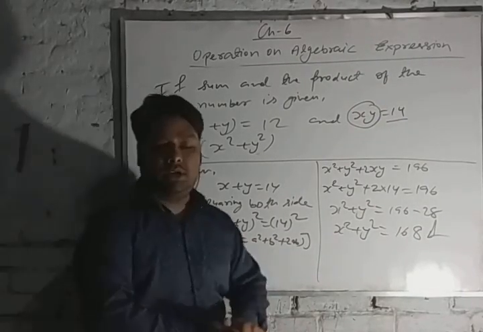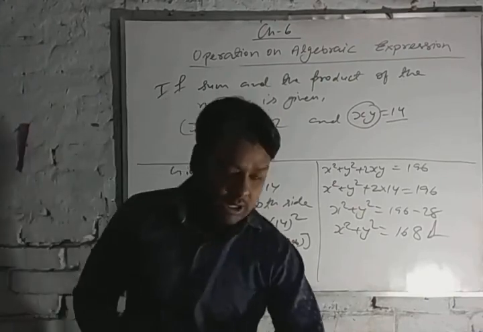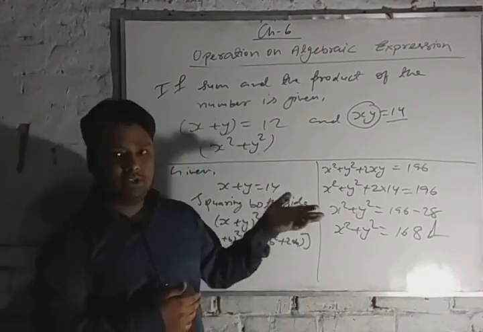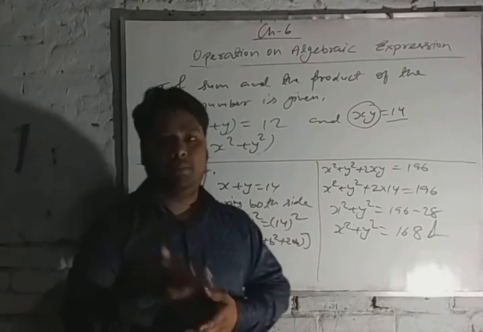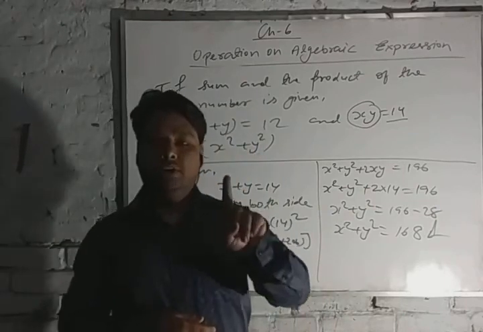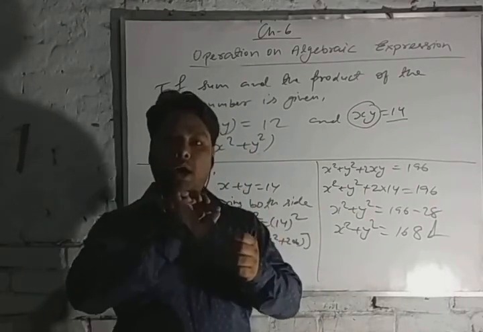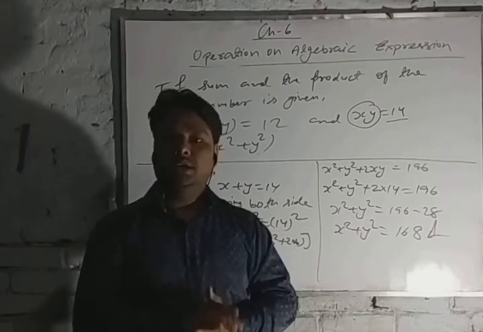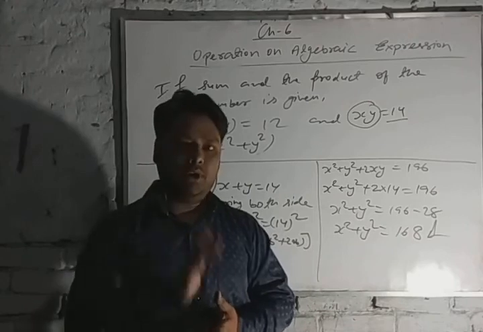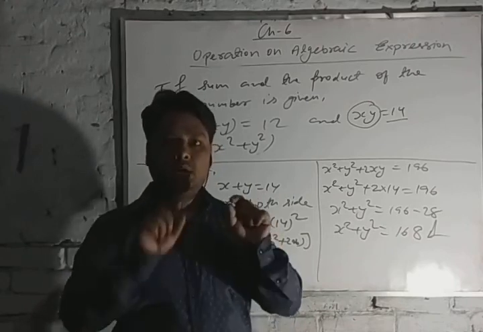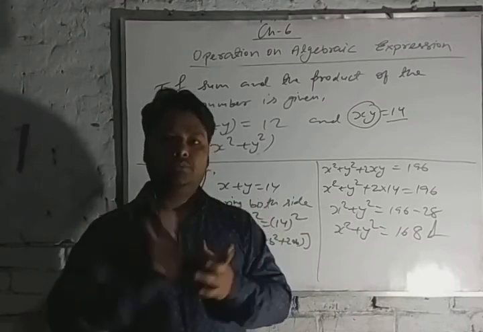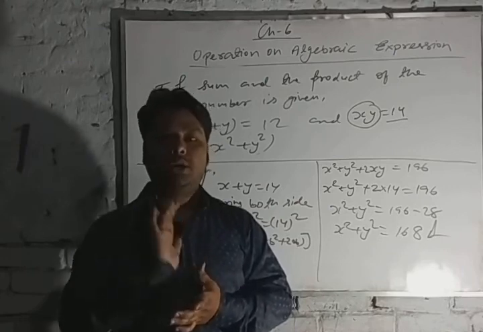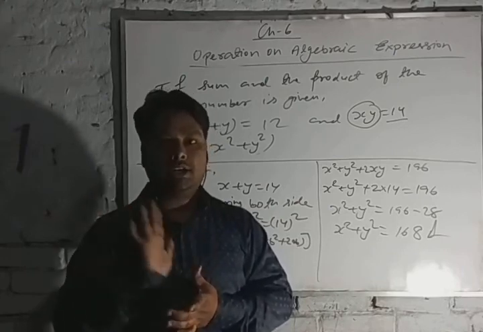But before this, I want to again repeat the three most important points which I have just explained in this video. Again I am repeating in the last. The first important point is to arrange all the terms of an algebraic expression in a descending order of their exponent. Second, see all the like terms. You have to add or subtract all the like terms only.